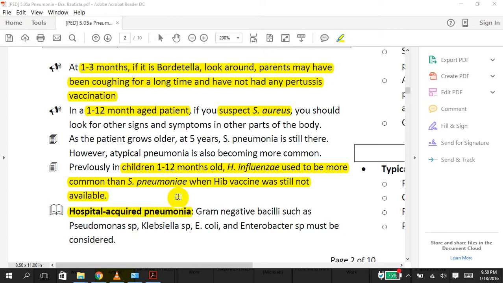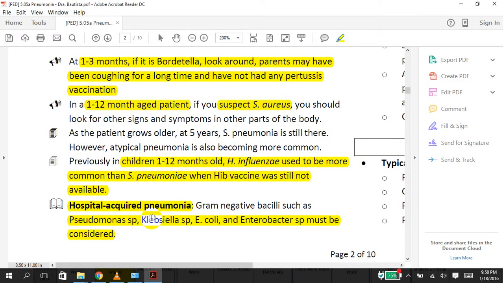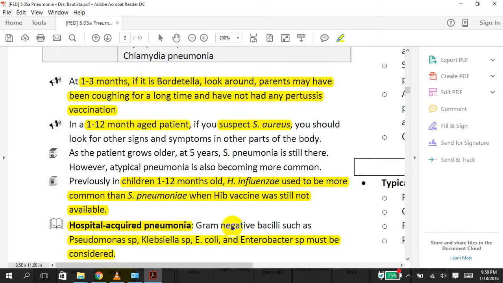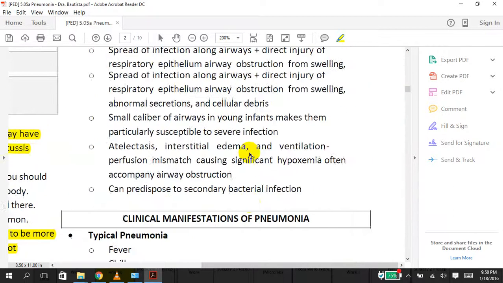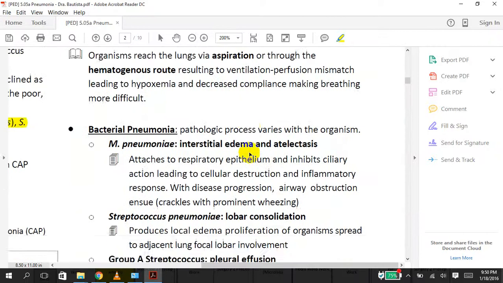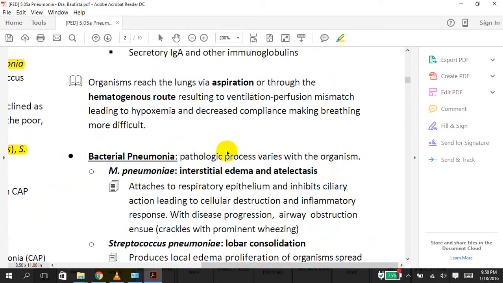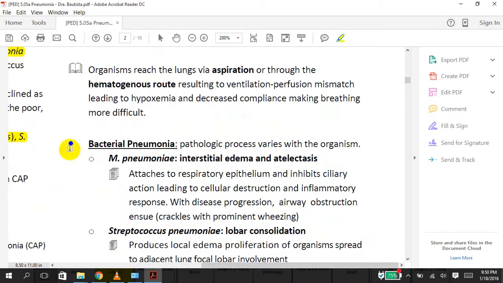So to continue our discussion a while ago, if the patient is confined to a hospital and then developed pneumonia, then you can think of organisms such as Pseudomonas, especially if the patient is intubated. You can also consider Klebsiella, E. coli, or Enterobacter. When we think of the pathogenesis, we can have bacterial pneumonia